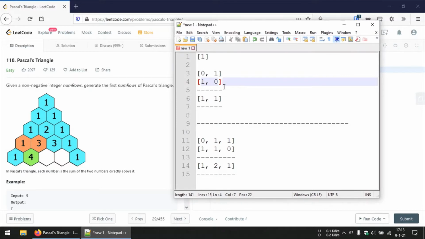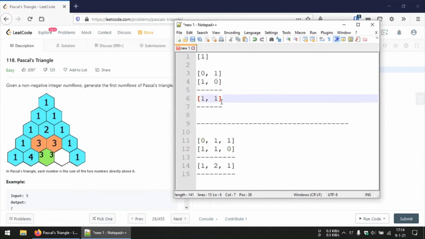by offsetting the n minus 1th row by one place. For example, here I have the first row, which just contains element 1. And to get the second row, what I do is add 0 to the front and obtain one array, and similarly add 0 to the end of the first array, and I'll get another array. And if I add the corresponding elements of these two arrays, I'll get the second row.